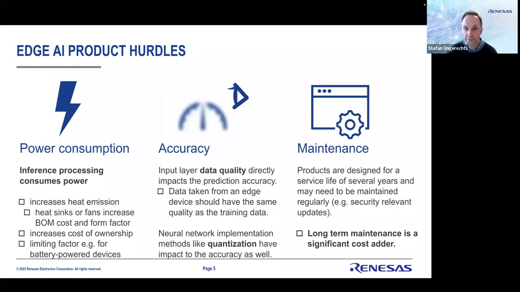First of all, we are talking about RZ V2L. This is a general purpose MPU for industrial applications. It contains the DRP-AI artificial intelligence accelerator IP, and that's why we call it a Vision AI MPU. But industrial